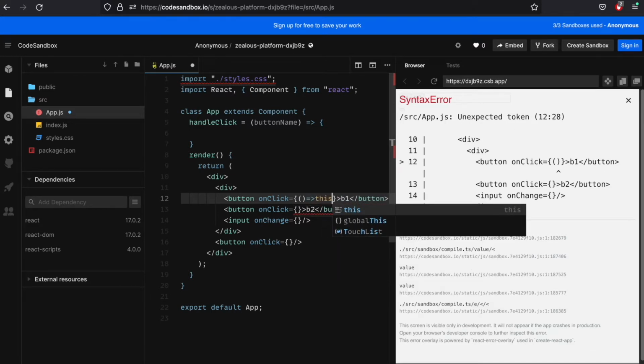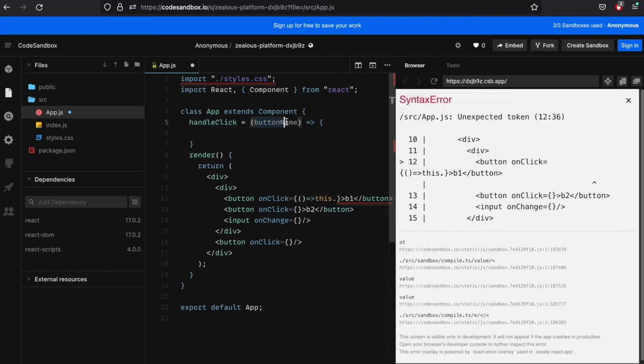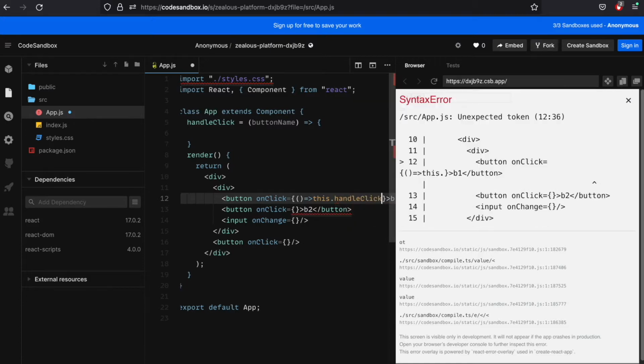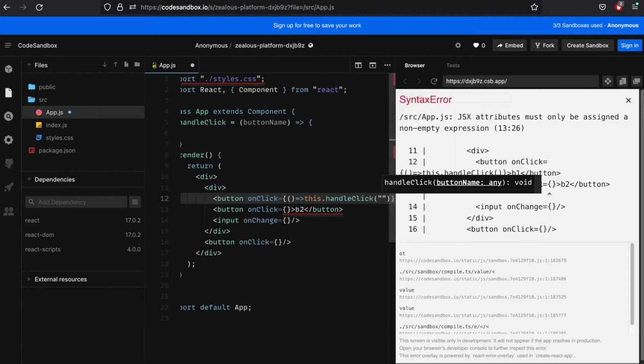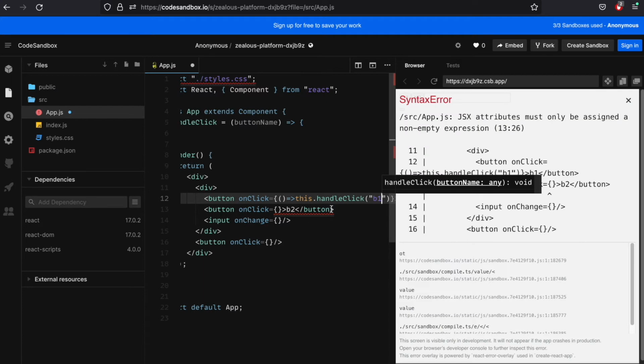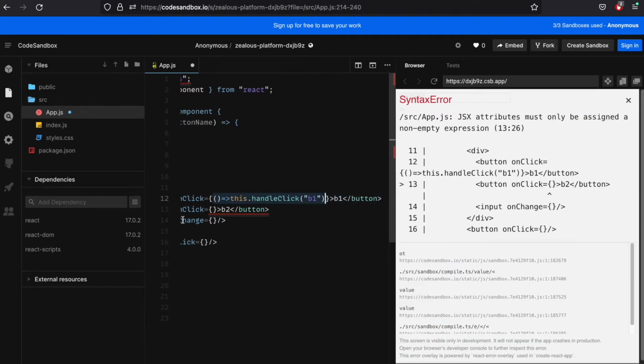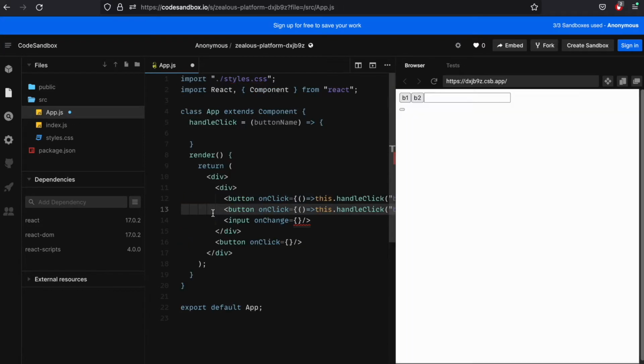So since it is taking a parameter button name, that's why I have to make an arrow function call here. Okay, I hope you are familiar with the concepts of React. So here handle click, and I will be sending the name as button b1, and same for the button b2 here,